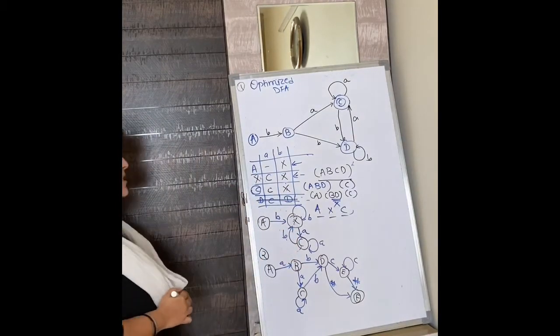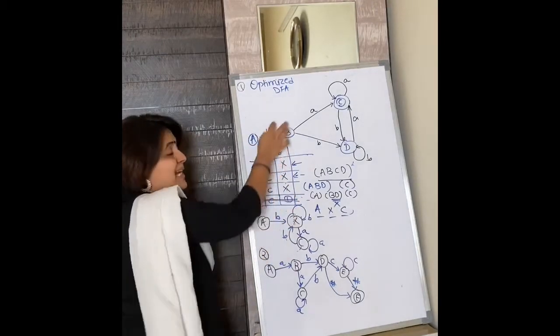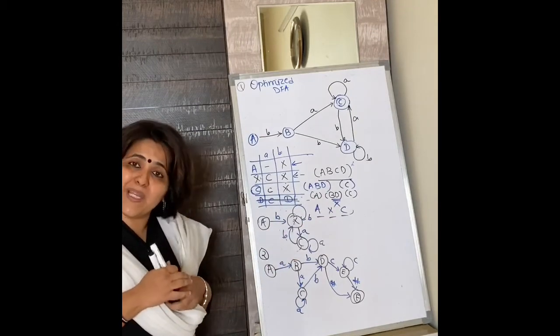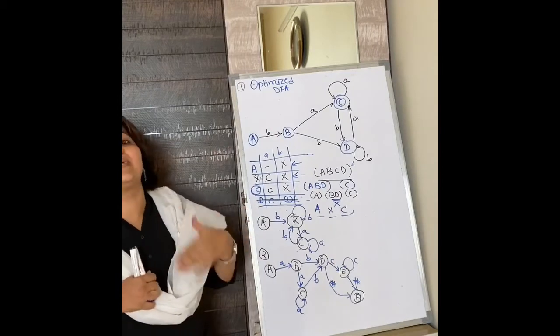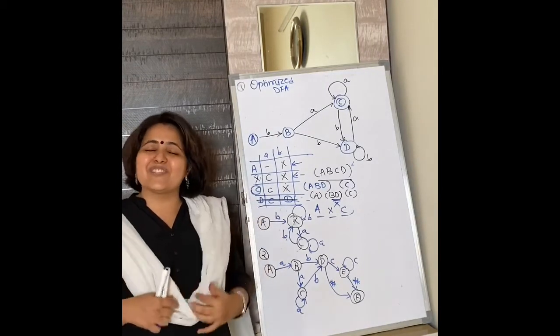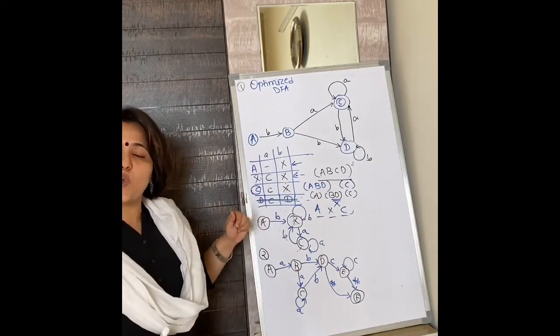That's it. So see, this is the optimized DFA for this given DFA. You can see how few states it has and how compact the information it is providing. So even though your DFA is correct, your optimized DFA is better in terms of efficiency, memory as well as space and time it is going to occupy. So this is how you are going to draw the optimized DFA.